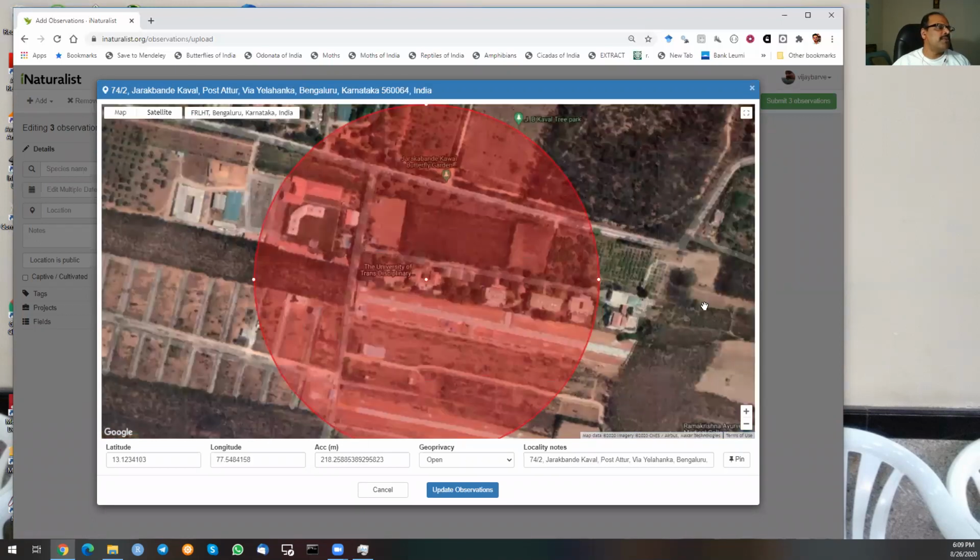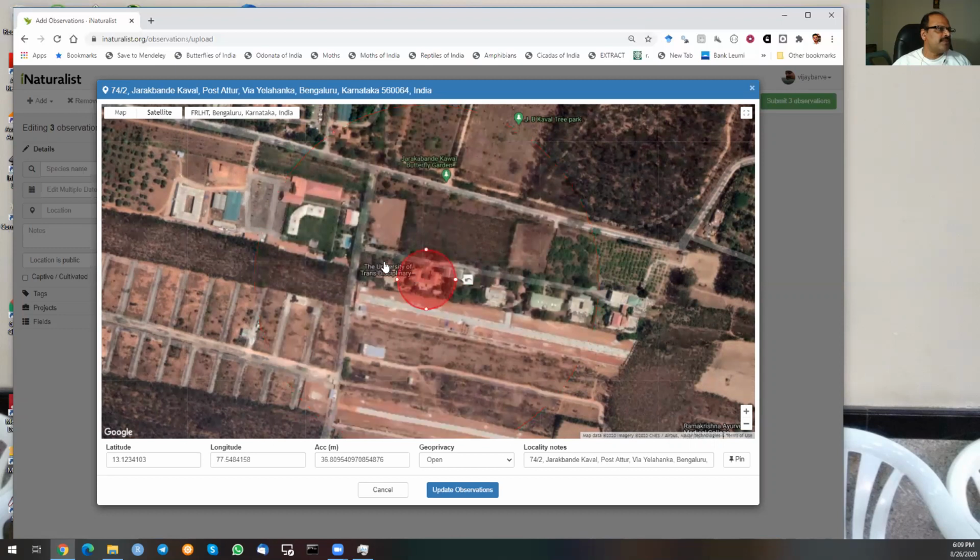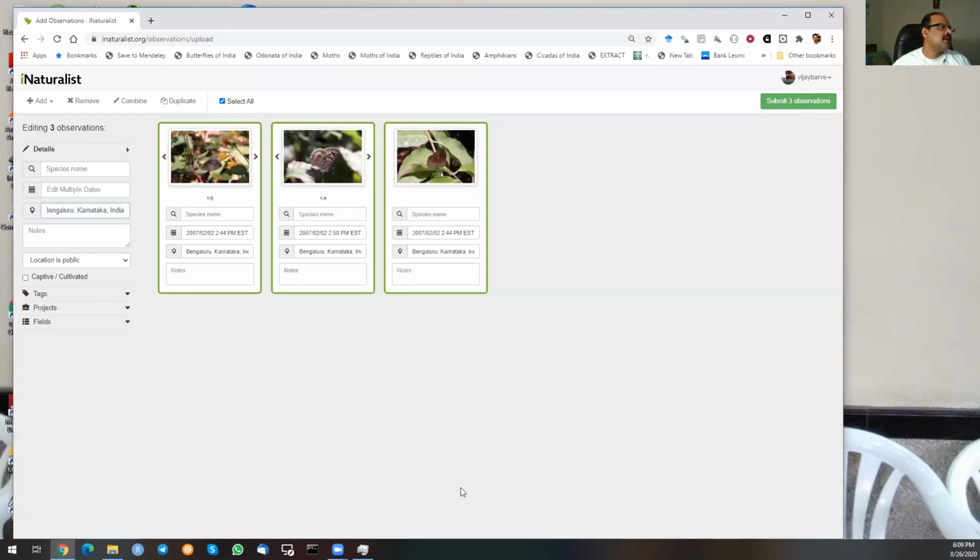campus in Bangalore. So the moment I select, I get the FRLHT campus here, but this circle is too big. I know that these images were photographed somewhere here towards the entrance. So I have selected this location and I'm just saying, okay, update these observations. Now you can see that locations are also provided. So at this point, you can actually submit the observations, but I will also like to name